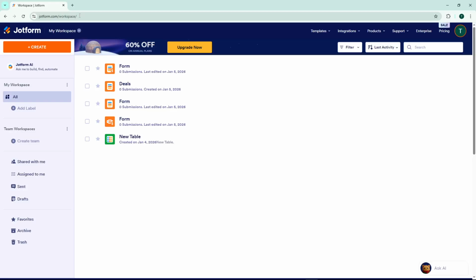Welcome back, everybody. Today, I'm going to teach you how to power a signature widget in Forms with Jotform Sign. This is incredibly useful when you need legally binding signatures on your forms, complete with audit trails for documentation and